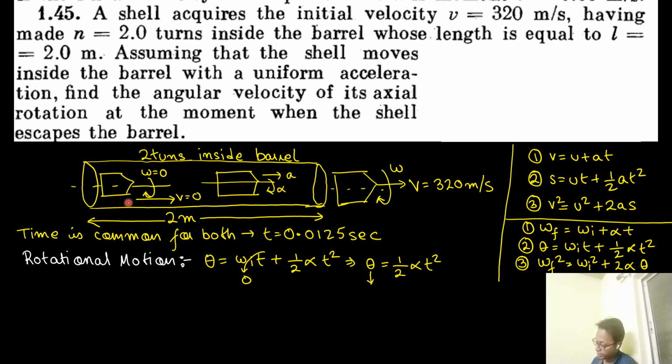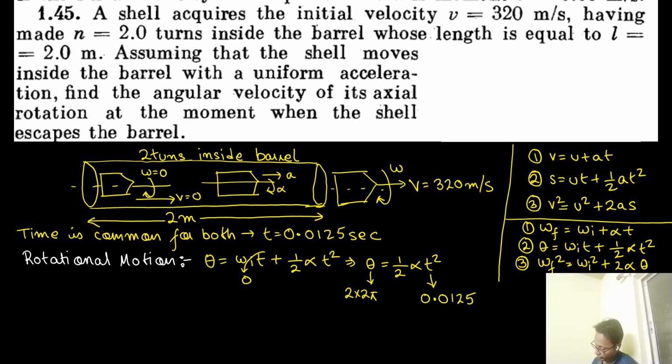Okay, and what is one turn inside? What is one turn in terms of radians? One whole turn is nothing but 2 pi. So 2 turns is equal to 2 into 2 pi, which is equal to 4 pi. I don't know the angular acceleration, but I do know my time is equal to